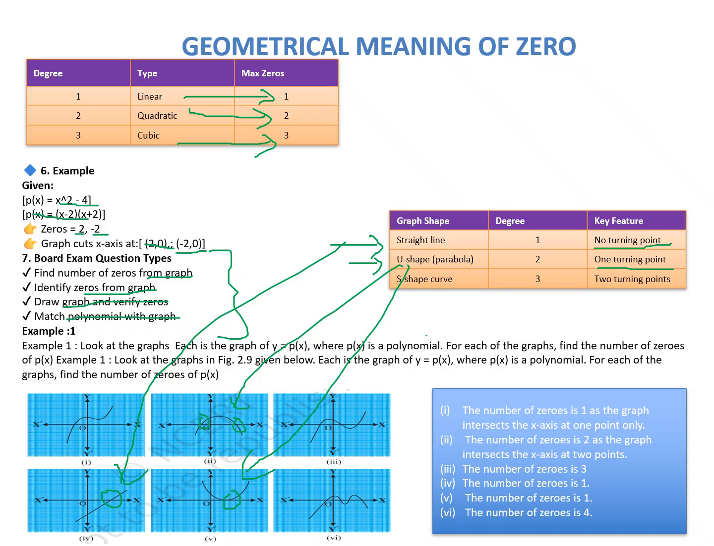And then we have an S-shaped curve, which is specific to the cubical polynomial, which is being represented by this equation, which is also represented by this equation. So which means that degree 3 is there and then 2 turning points are there. So if you look at it, we have 1, 2, 3 points here, which are being touched by the cubical polynomial,